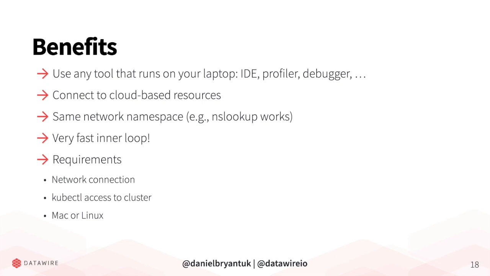And you do get this very fast dev loop. I only hinted at some of the power you can see there when I did the example, but you can imagine if I'm coding that shopfront service and it's got lots of other dependencies, I can very quickly iterate on the shopfront service locally, hit refresh in my browser and see what's happening. And I can change to different services if I want to. I can stop Telepresence, do a swap deployment on another service, iterate on that one, commit the code back in, push it down a continuous delivery pipeline, move on to the next service and so forth. Now, obviously, you do need a network connection to run Telepresence.